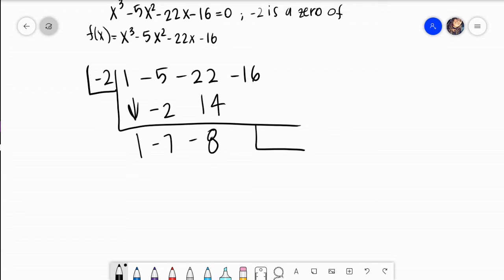And then negative 2 times negative 8 would be a positive 16. And I noticed those are additive inverses. And yes, I got a 0. So negative 2 is a 0. This is telling me, using the factor theorem, that if negative 2 is a 0, this implies that x plus 2 is a factor of